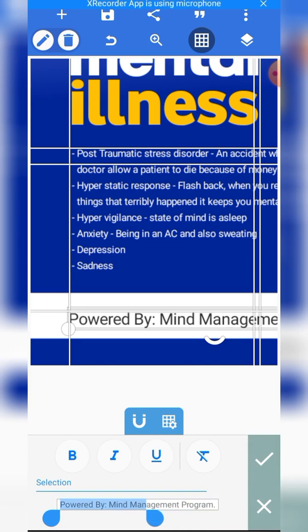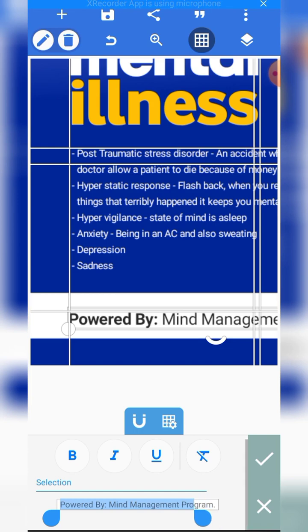So the powered by, I want it to be bolder than the mind management. Powered by, do you see that? Look at what I did. Initially, everything was highlighted. So now for me to get only the powered by, I will highlight only the powered by and make it bold. I can equally underline only the powered by,